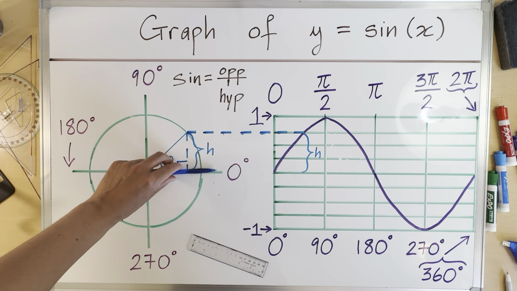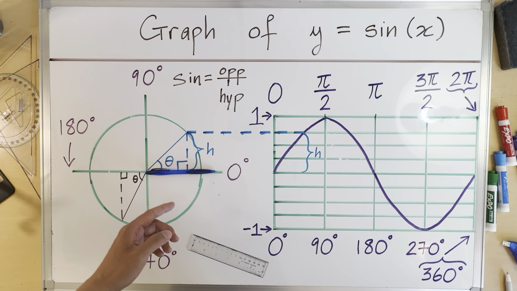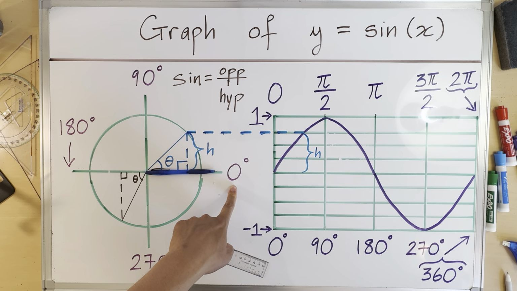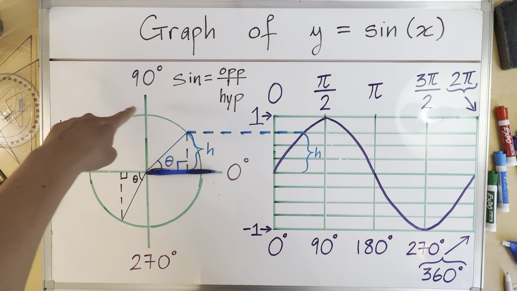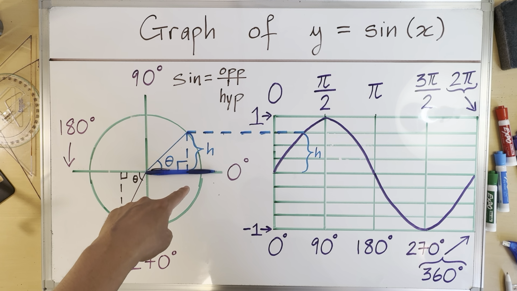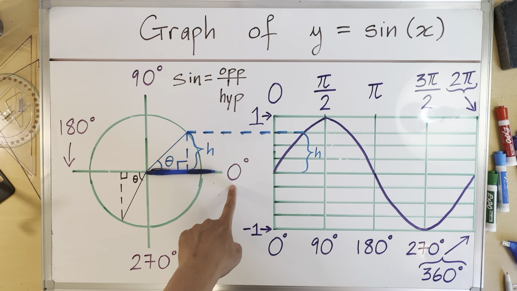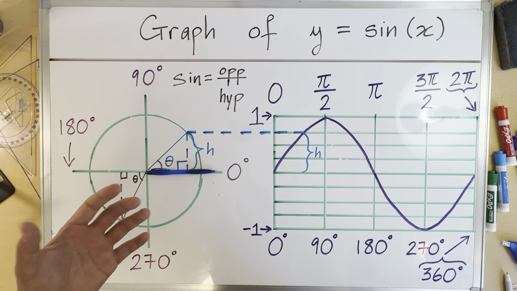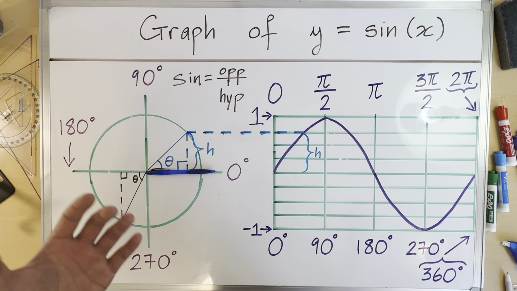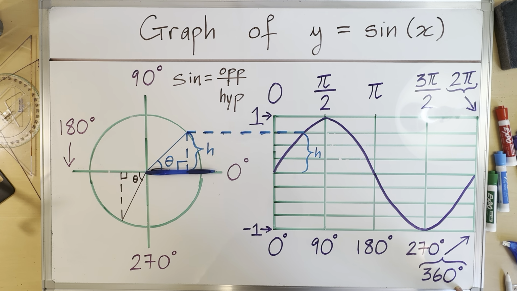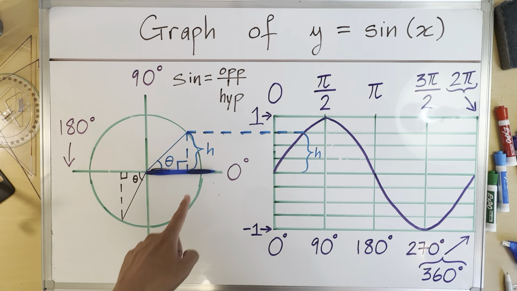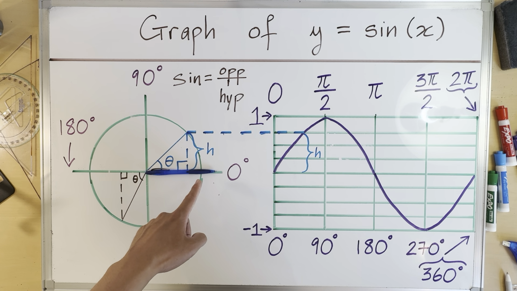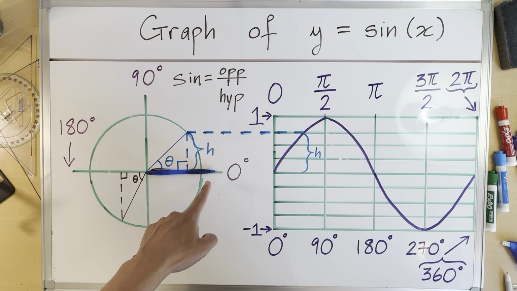Now, as the rotating arm continues to rotate, it comes back right here at 0 degrees, where the cycle repeats itself. Given the fact that it has made a full circle, even though it came back to 0 degrees, it still made a full circle, which is 360 degrees, as shown right here, the exact same thing as 2 pi radians. So when the rotating arm comes back to this position right here, where it started from,